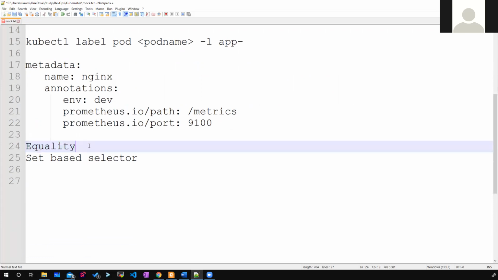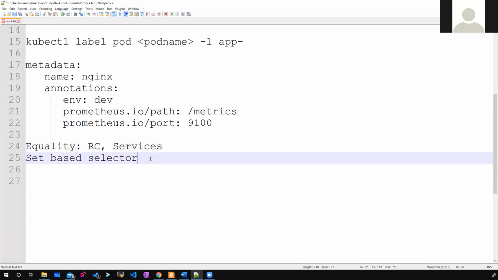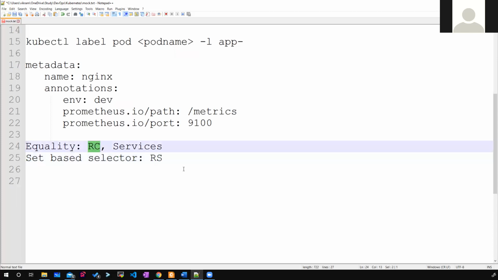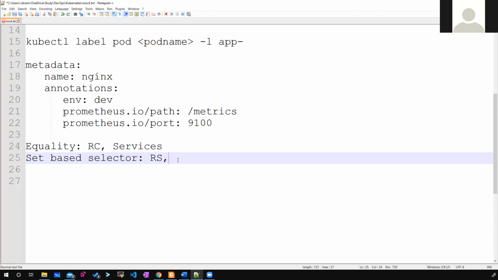Yes, equality based selectors are used by the older replication controller, and services also use equality based selectors. And coming to set based selectors, your replica set, which is the replacement for the replication controller, uses them, and even the deployment uses these set based selectors.